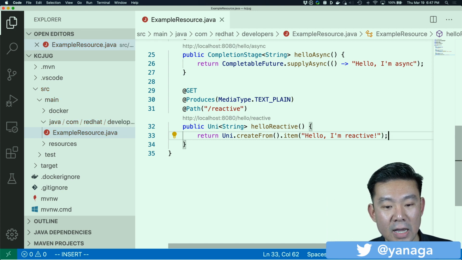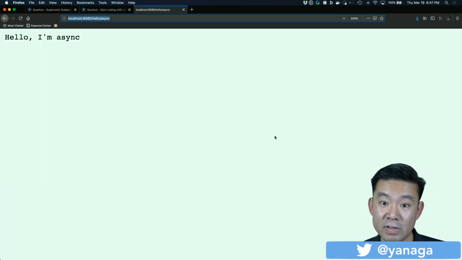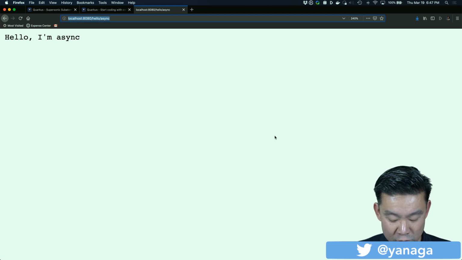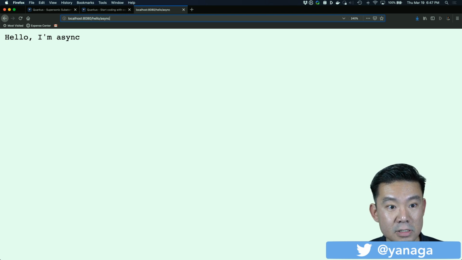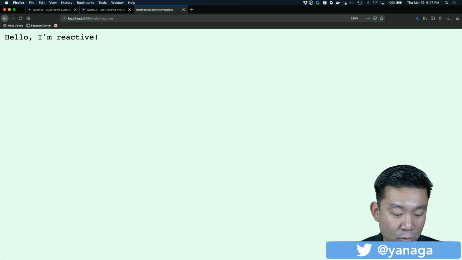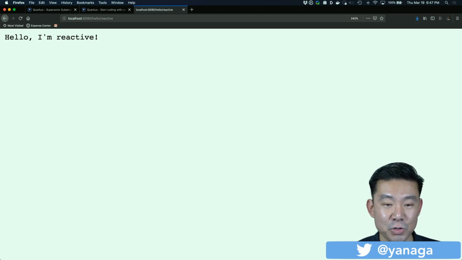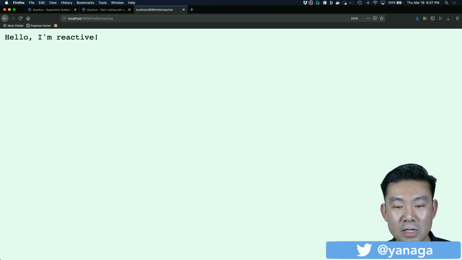I just go back here to my browser, and remember, I added an extension, I added a Maven dependency, and I didn't have to restart Quarkus. So Quarkus is still running there, and I can go here /reactive. And yes, hello, I'm reactive. So Quarkus, whenever you have a change in your project, Quarkus detects that, and when a new HTTP request arrives in your server, Quarkus just decides to restart everything.